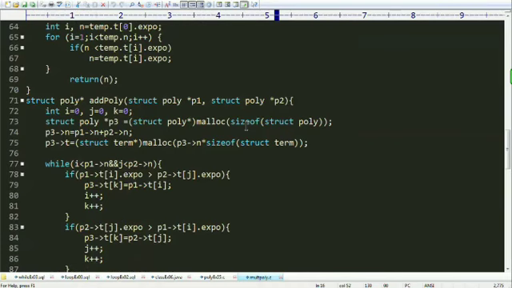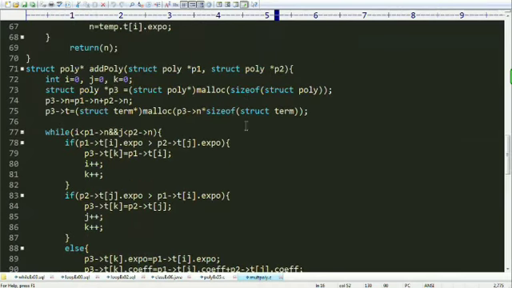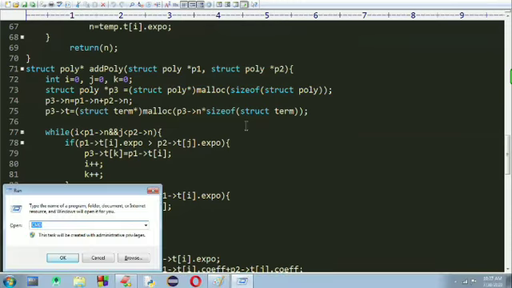Okay, structure poly pointer add poly, structure poly p1 and p2. Before addition, we just need to understand how the addition is going on. For that purpose, I'm presenting to you how polynomial addition works, using MS Paint.